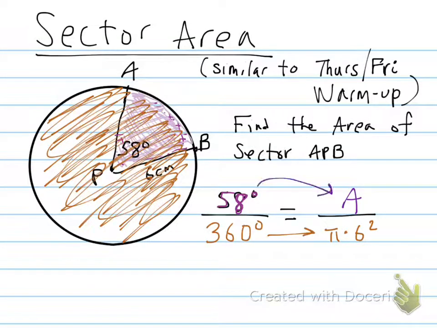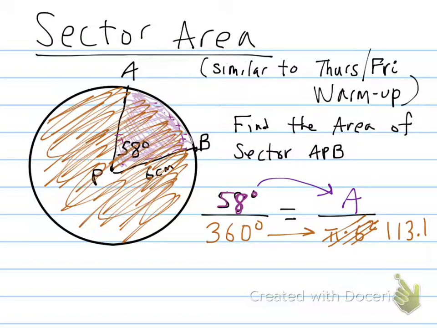So notice the 58 degrees matches with the area, the 360 degrees matches with the pi 6 squared. And now we're ready for some simple arithmetic. To make sense of this problem, I encourage you to not just cross multiply right away. Instead, just so we have an idea of what reasonableness will be in terms of an answer, I'm going to replace pi 6 squared with what it really is, and that's